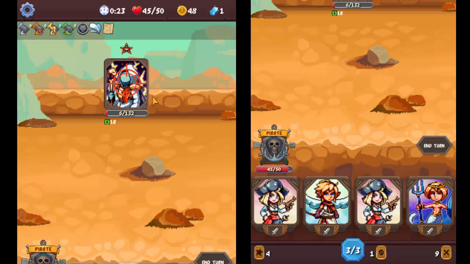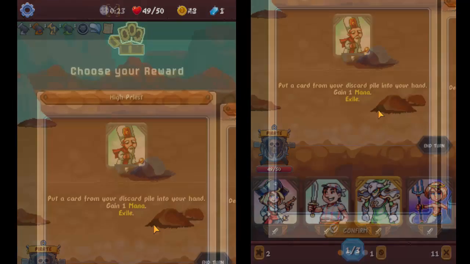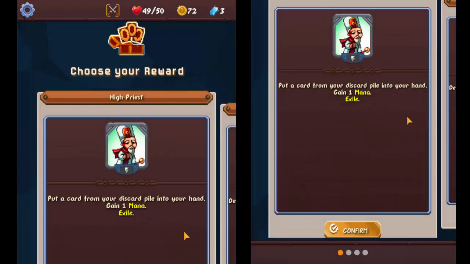Because if they tend to attack, she deals damage to them. But if they're just waiting, she does nothing. But other than that, she stops them. The Ancients are great cards. Let's see, High Priest, that's good for our...